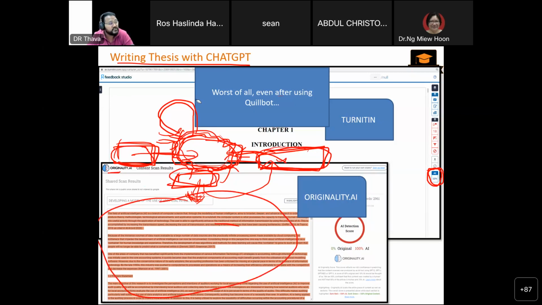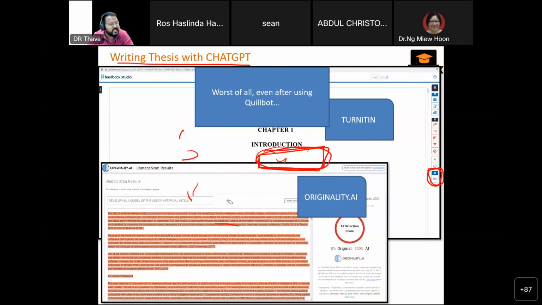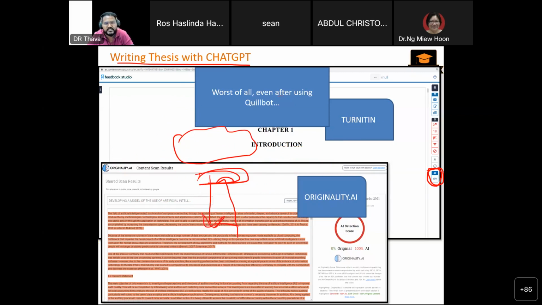So another student asked me one of the days, I think I was teaching in UKM, a very good question. If this is the brain and this is ChatGPT, if I want to paraphrase, can I put into ChatGPT and have it give me a new English-based write-up if I don't use Quillbot? Whatever you put inside, even if it is your original writing, it will be stored in the brain, and any other plagiarism software will detect it as 100%.